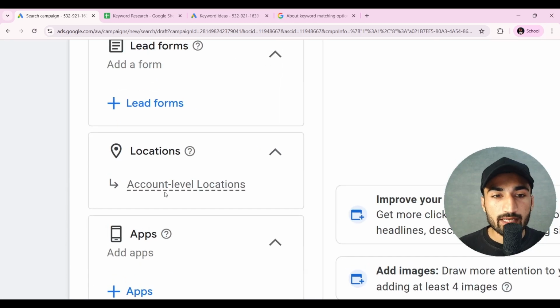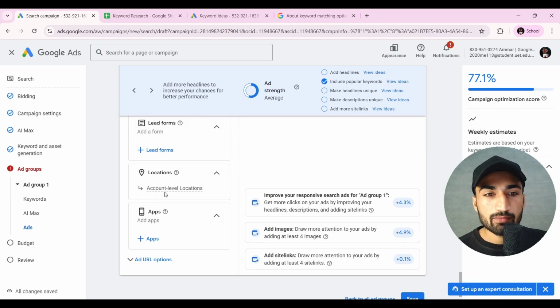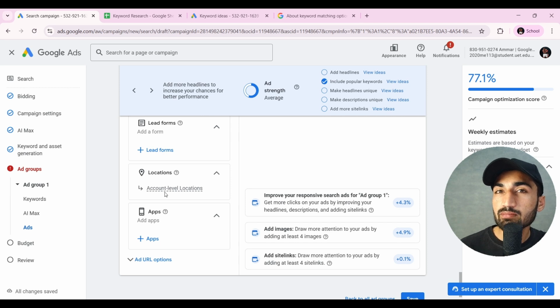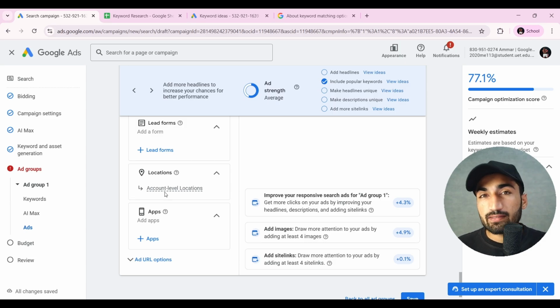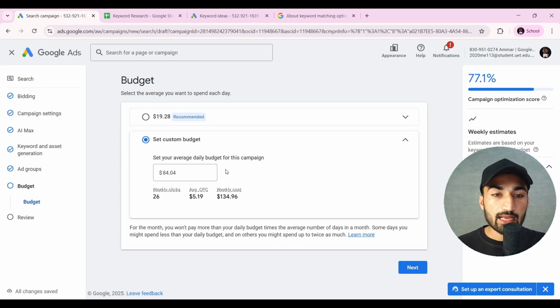That's very important again. So as you know, for local service businesses, Google Maps is very important. So if you want to run your ads in Google Maps, you need to connect your Google business profile to your Google Ads, and then add your locations right here. So how to do that, I have a complete video on that. I've given the link in the description so you can watch it and make sure you have all steps in place. So after completing that, we will click on save and then click next, and here we will set up